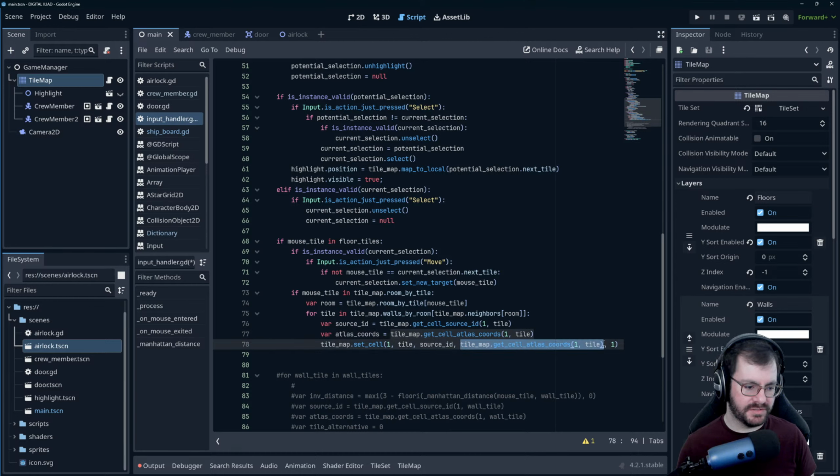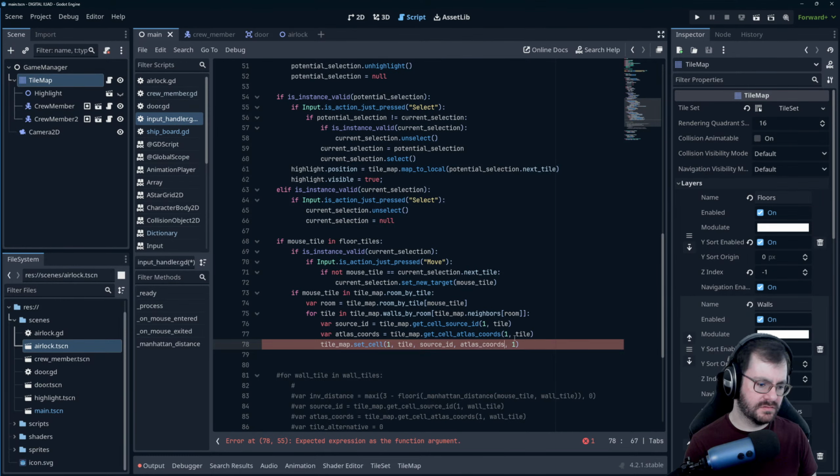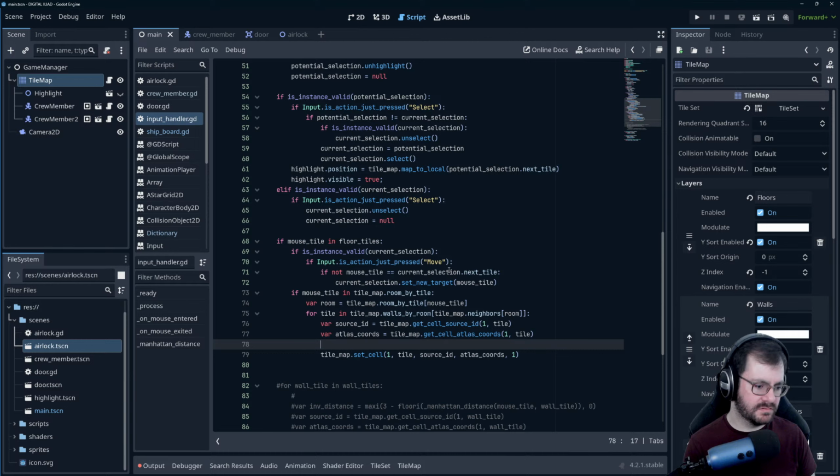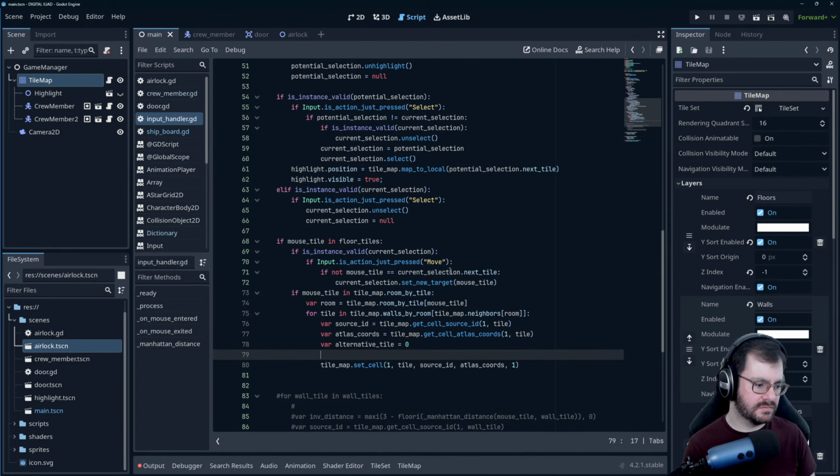We need to make sure we have the right atlas coords here. Alternative tile. So if atlas coords